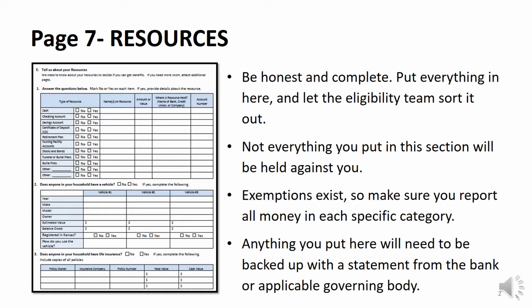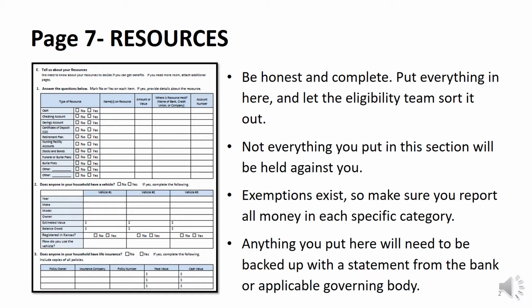Most plans have asset limits or resource limits. The state may not count some of these assets. For example, the state doesn't count your primary home or the land it sits on, doesn't count one car, some burial plans, furniture, household items. And the state does count other assets like bank accounts, saving, checking, stocks and bonds, some life insurance policies, the ones that have the cash value, things like that.